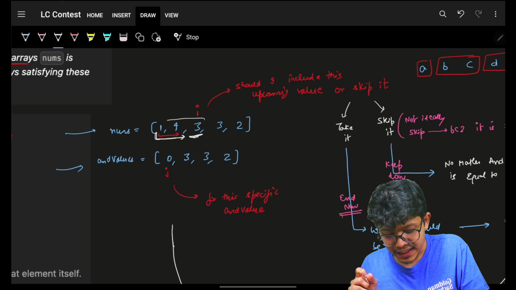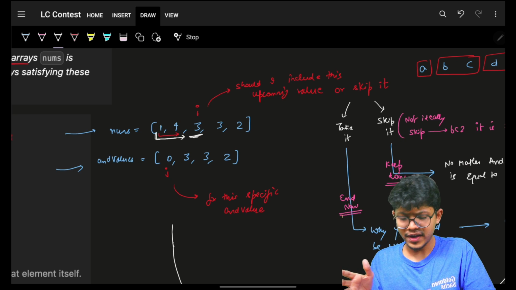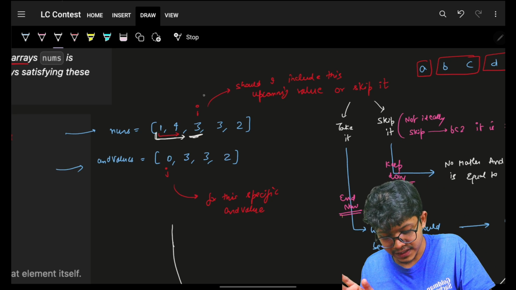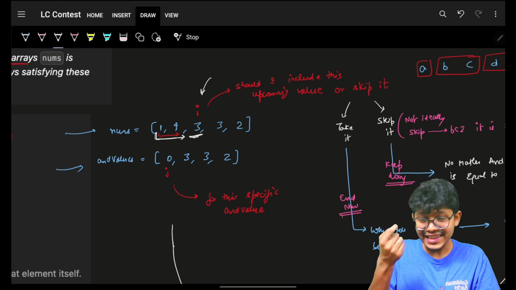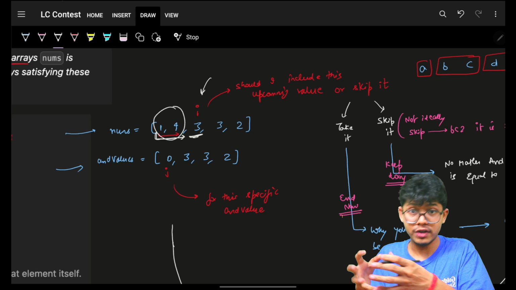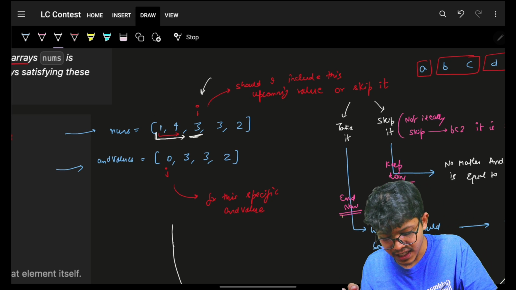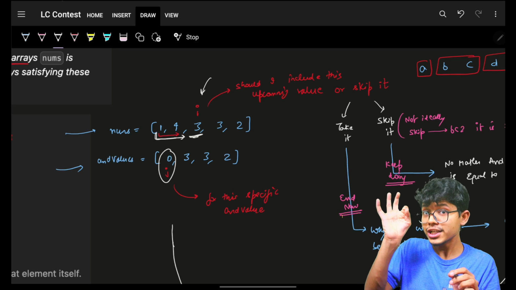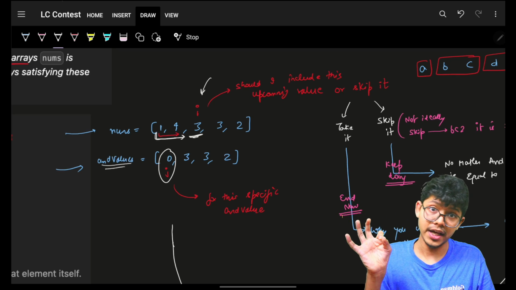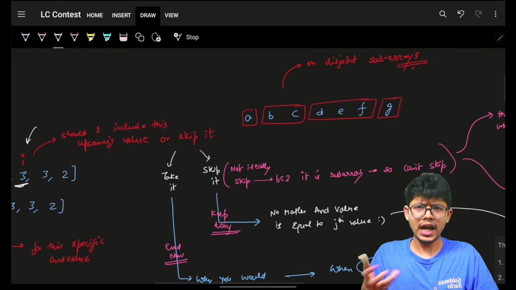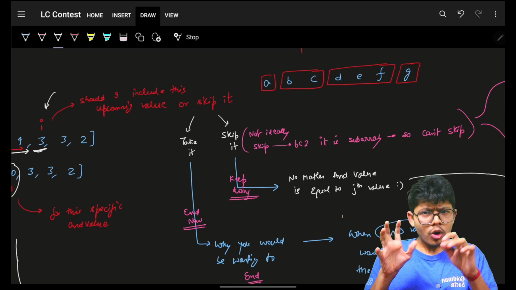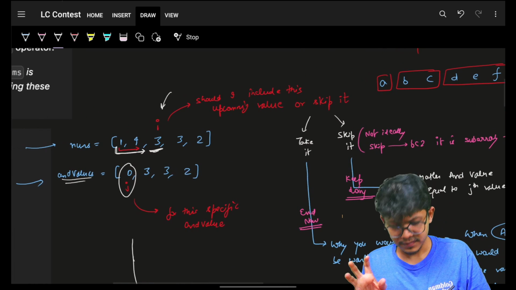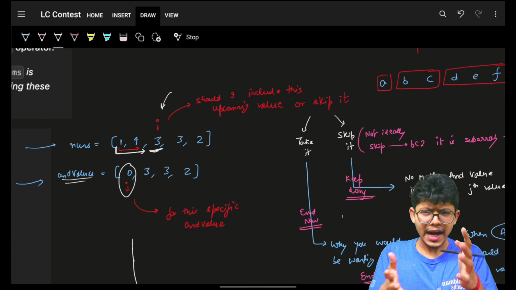And then if that is done, or maybe we are doing the AND, no matter what, I will be taking the AND of that ith element with the existing AND value I have accumulated, and then I should be matching that with my jth value of my AND values array. This is what I will keep on doing. So what is happening here, and what you should do? Ideally, you can just think of,